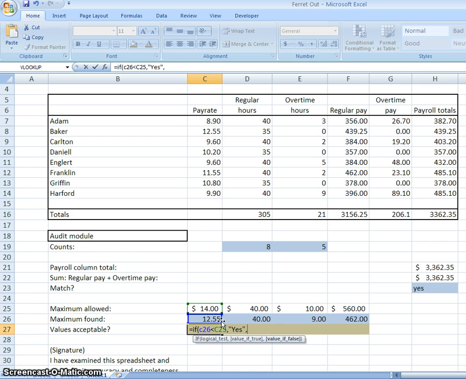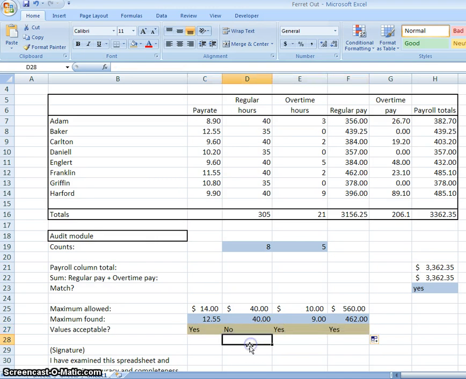If it doesn't, we want it to indicate no, so that we will know that it's going over, let's say, our maximum or our limit that we're giving. Hit enter. Since it's a yes, so we haven't exceeded our maximum allowed, then go ahead and drag this over, and this is yes. As you can see over here,